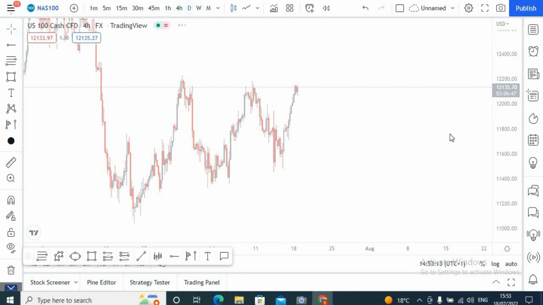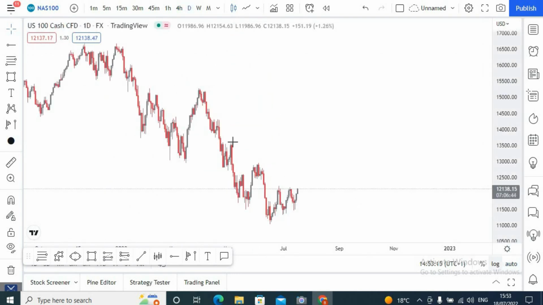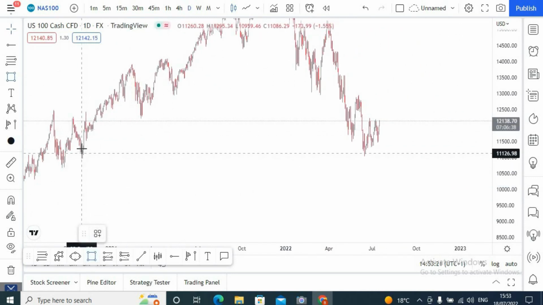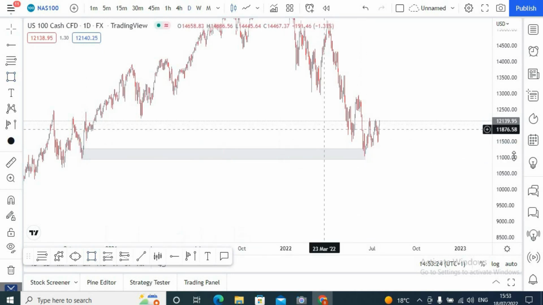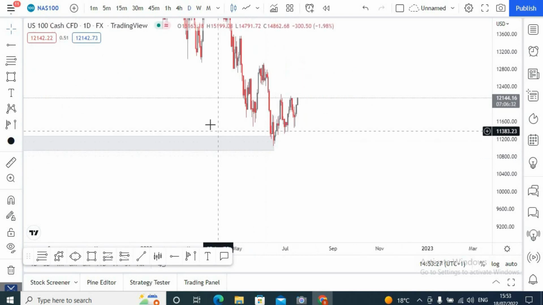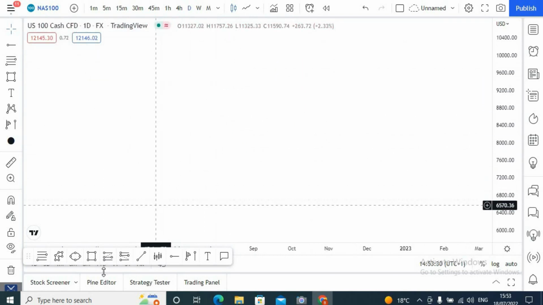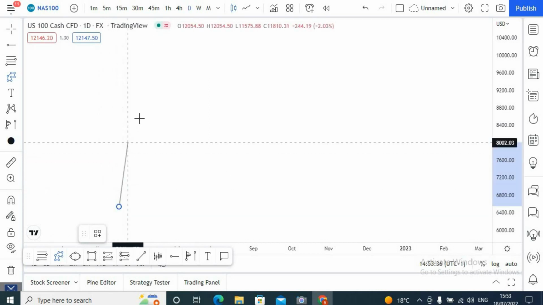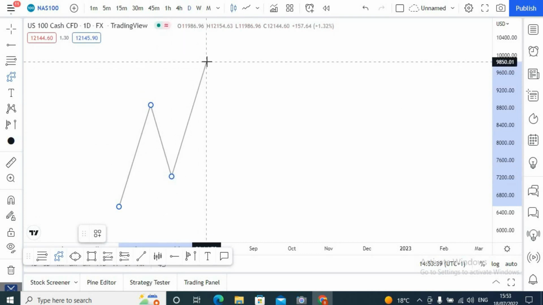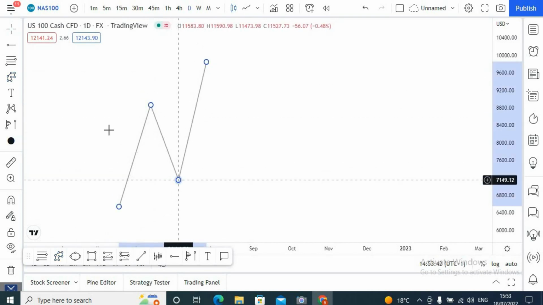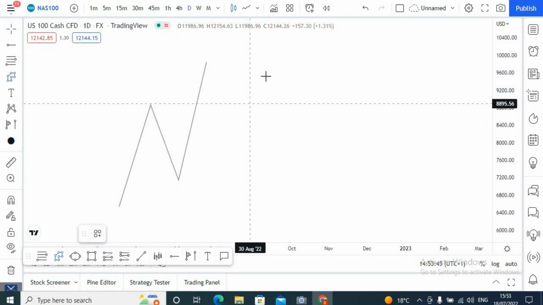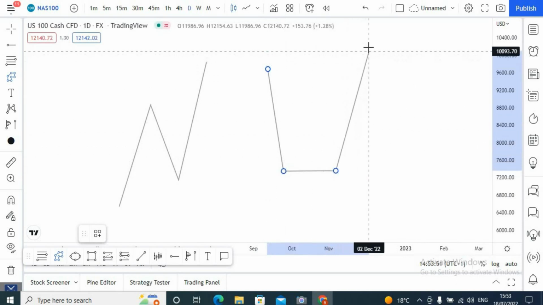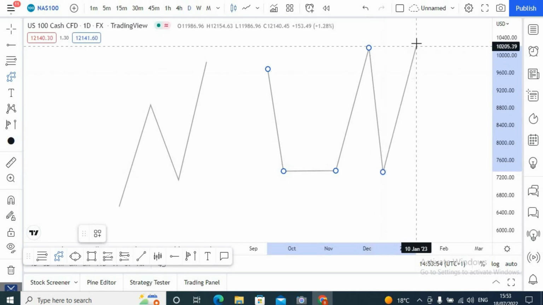So as you can see, if we go back to our daily time frame, remember we find our demand zone, and I'm going to break down how to understand demand zones. These are the simple zones which you have to understand. When price is going up, we have a what? A rally base rally, which is a continuation pattern. When price is going down, we have a what? A drop base rally, meaning this is a reversal